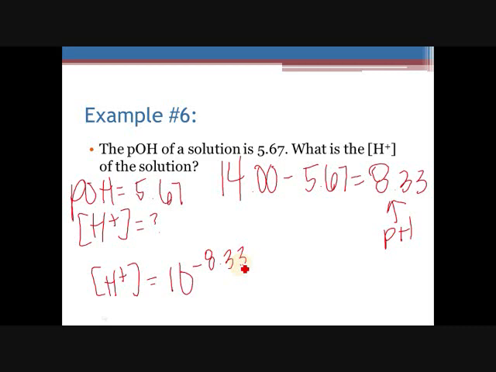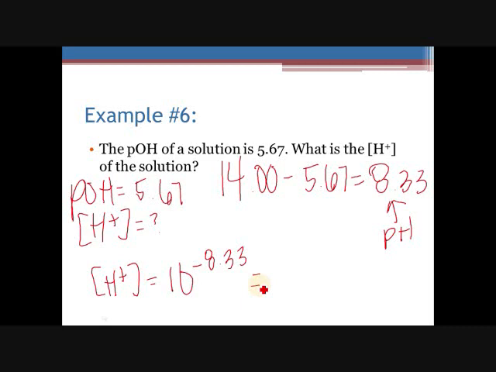If you have a graphing calculator where you can see the whole equation out, you need to hit that 10 to the x button first. But you still need to make the 8.33 negative. Okay? So one more time, 8.33, hit the negative sign, not the subtraction, and second